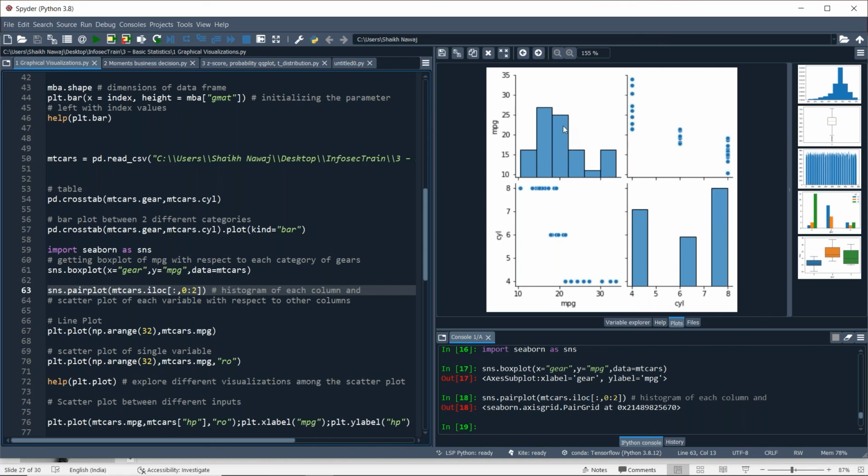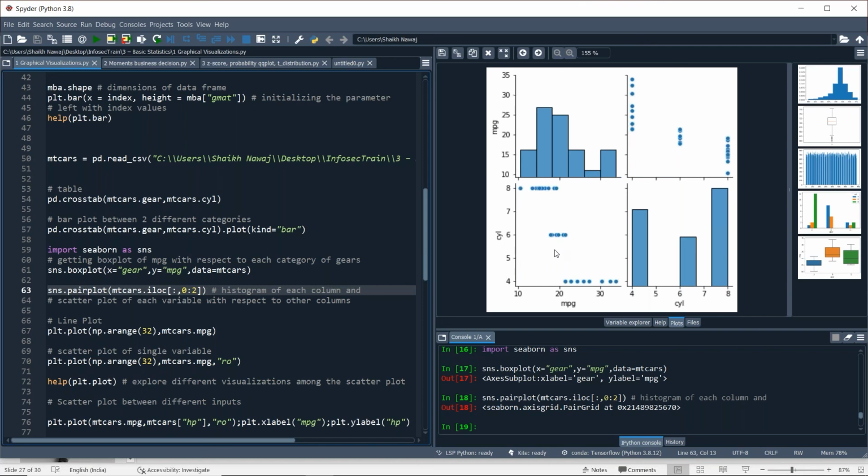Like mpg, miles per gallon, is a continuous type, so it will give a histogram. Cylinders are a discrete type, like 4, 6 and 8, so it shows a bar plot, and in the non-diagonal plots you will see a scatter plot.